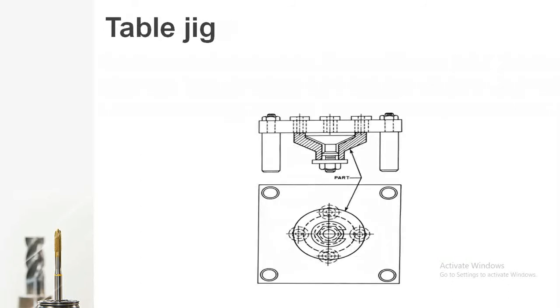Okay. Next is a table jig. A table jig is nothing but, as you can see, a part located at the bottom, with the jig plate fixed upside. Now there are bushings provided at the top so that they will clearly guide, and not only guide, they will also support the tool, so that it will clearly locate the workpiece at the desired location, and the holes that are to be generated in the workpiece will be at a desired location and of accurate dimensions.